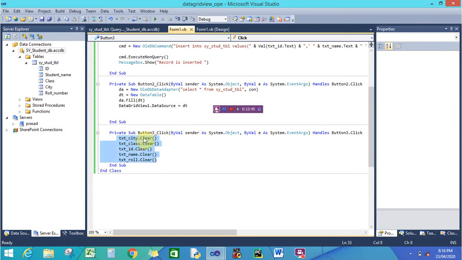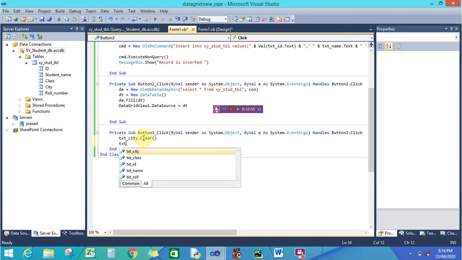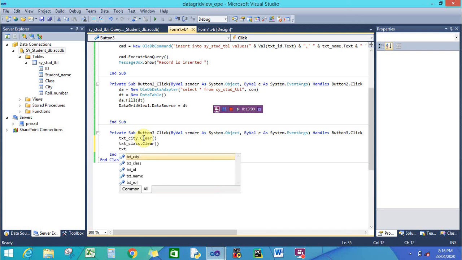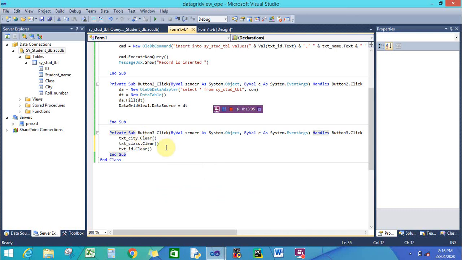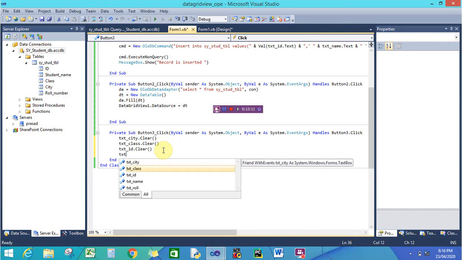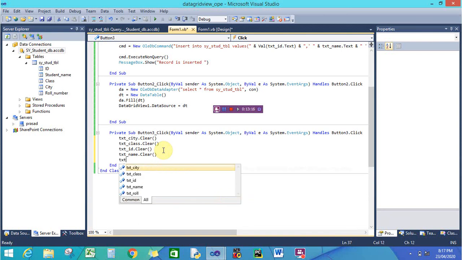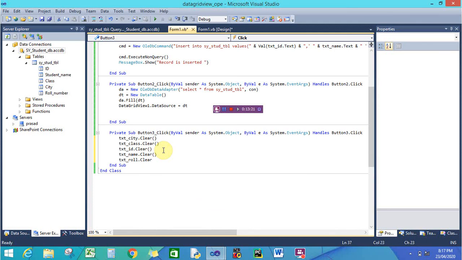Here the text box name dot clear method is available, means txt city dot clear, then txt class dot clear, txt id dot clear, then txt name dot clear, then txt roll number dot clear.